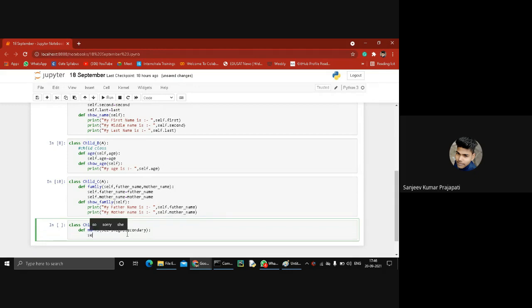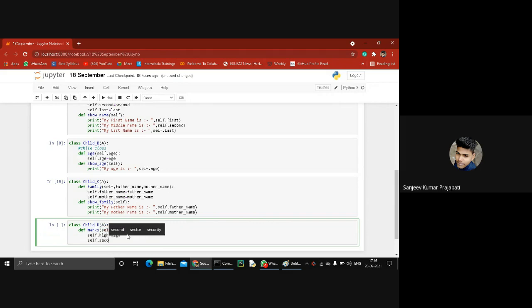Okay. So assign again, same thing, assign another variable. Let's say self.tenth equal to tenth, and self.secondary equal to secondary. Then again show marks.